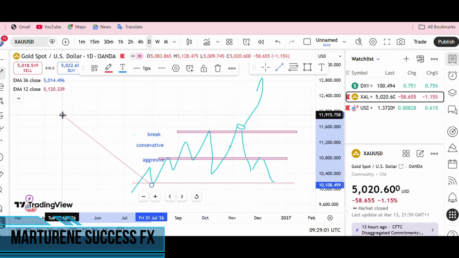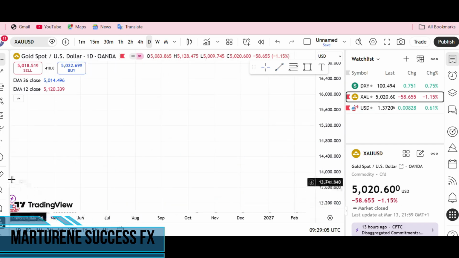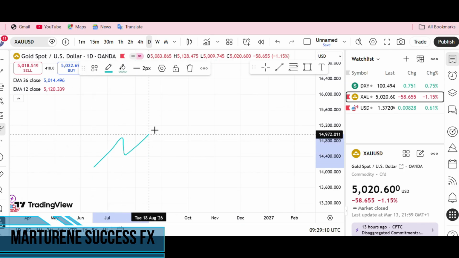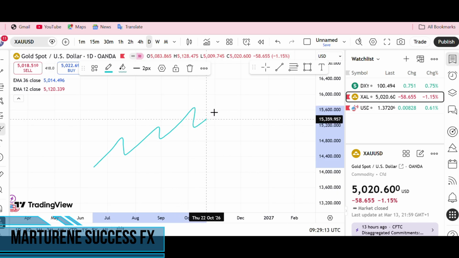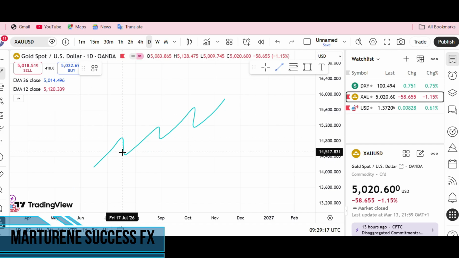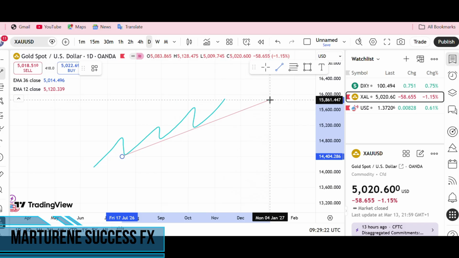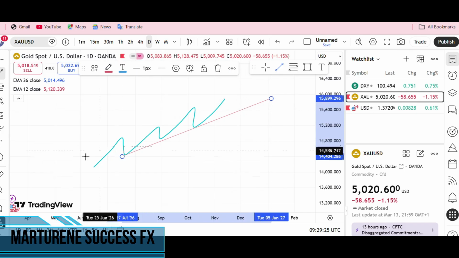Let me just go to a new chart so that it should not be messy. Let's assume that this is our trend, our trend is going up, and we can pull a trend line that should touch two levels in the market. What we are expecting is that when we are trading the break and the bounce,